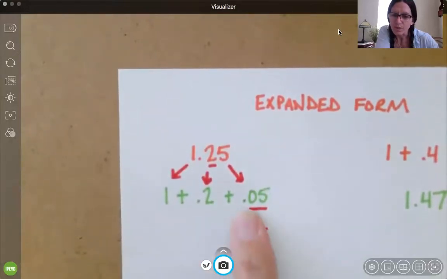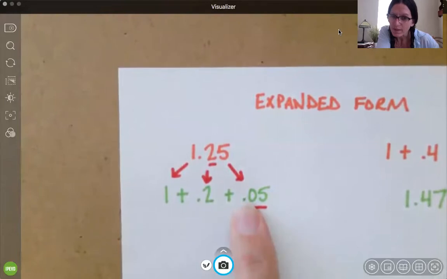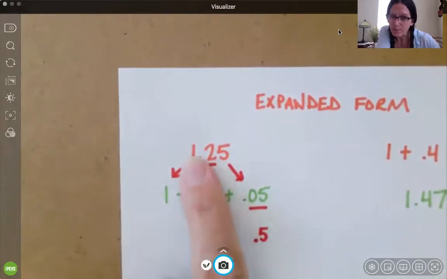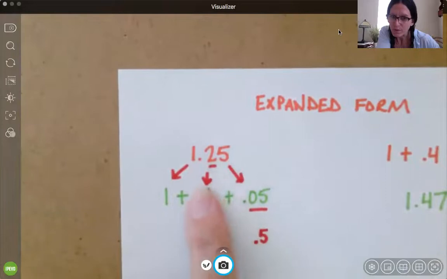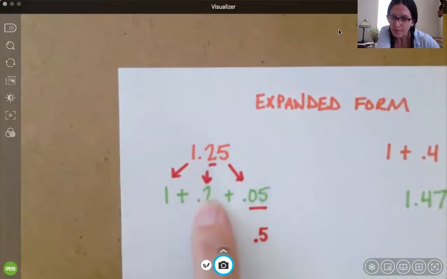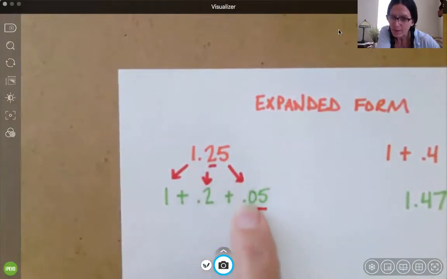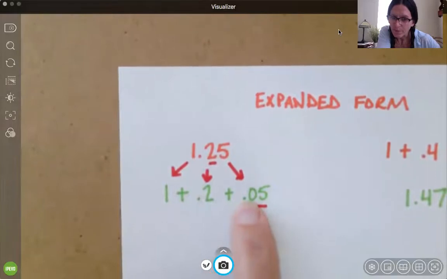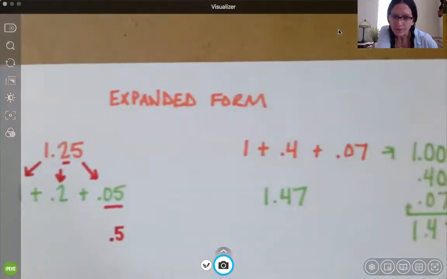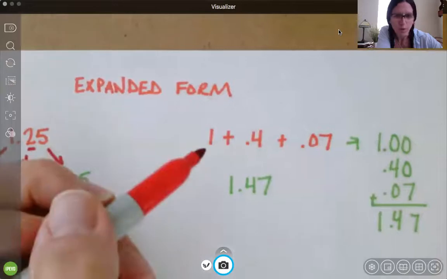Notice where that 0 is. That 0 is holding the place of what a tenth would be. And if I break this down, if I separate all that, that's only 500ths, where there's the 2. If I swapped it, I could put it right into that spot. Okay? And then I could do it the other way around. If I had 1,